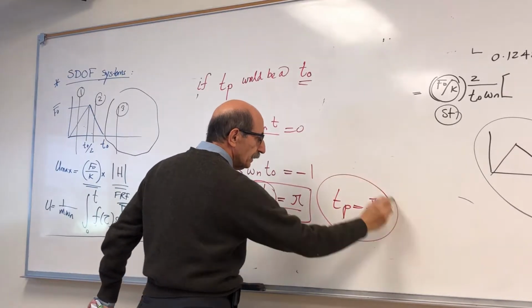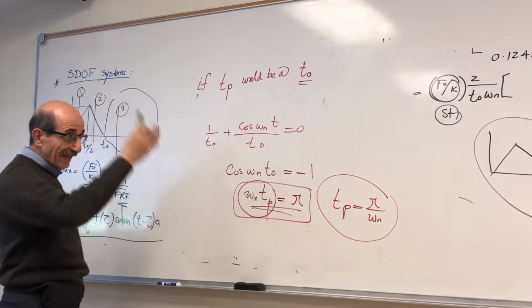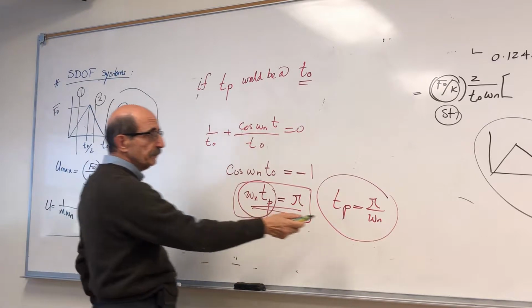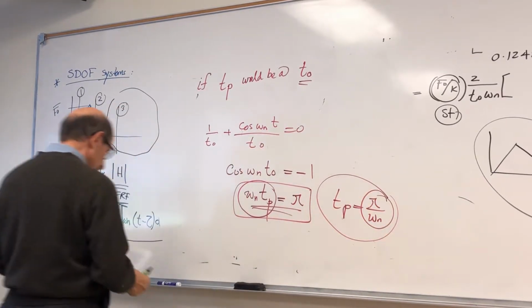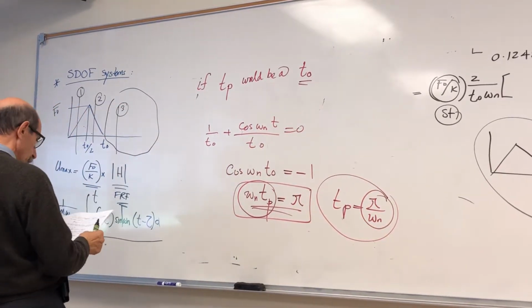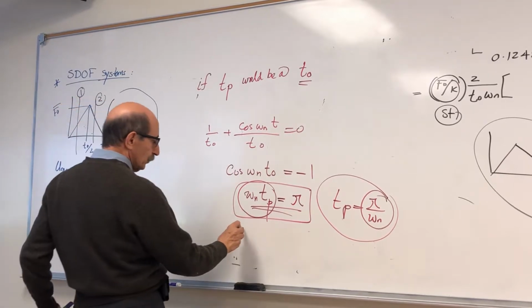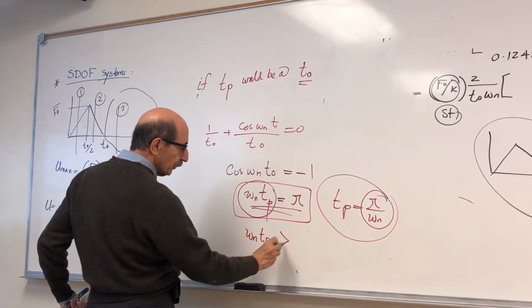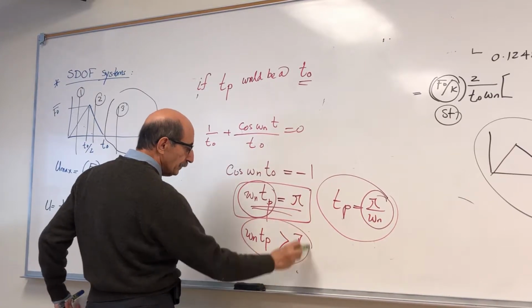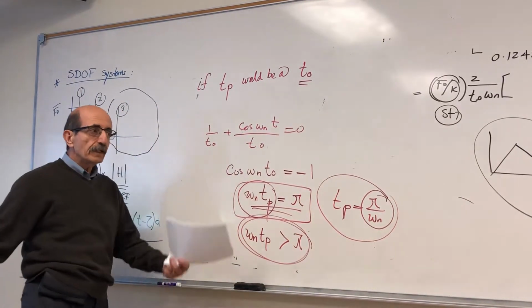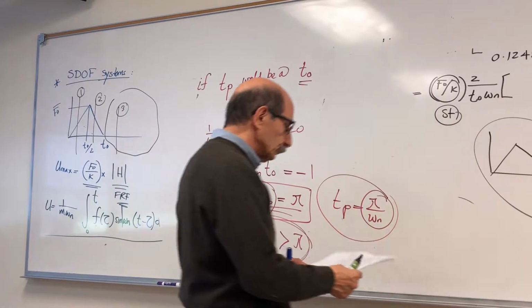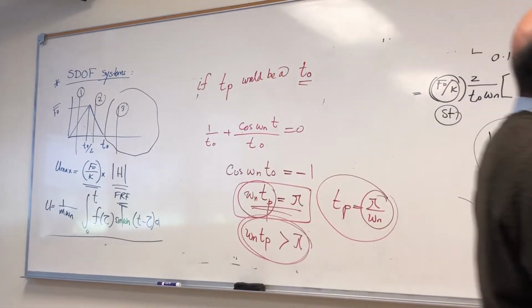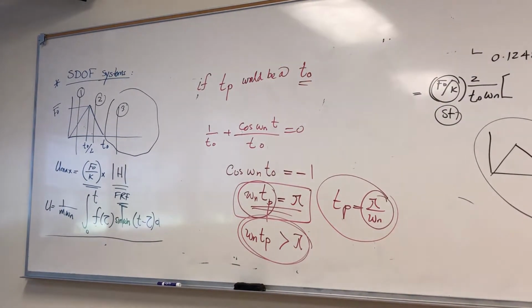It will occur somewhere that the actual tp would be larger than this. Or in other words, basically omega n tp is going to be larger than pi. So if omega n tp is going to be larger than pi, okay, here